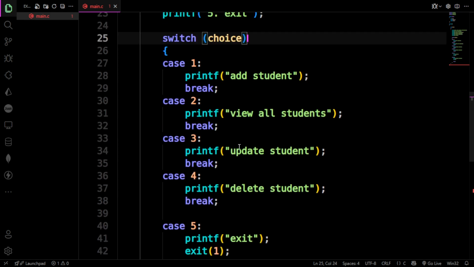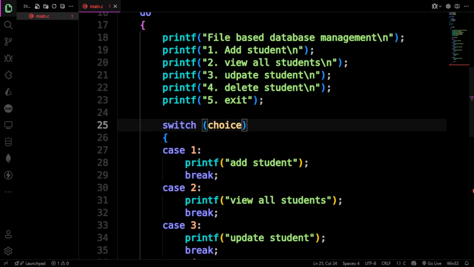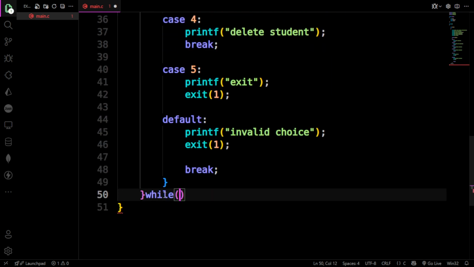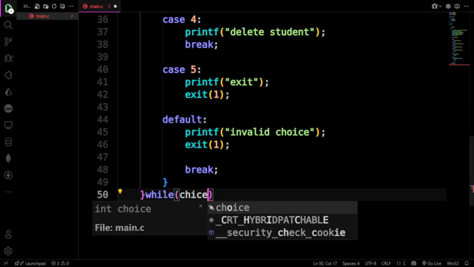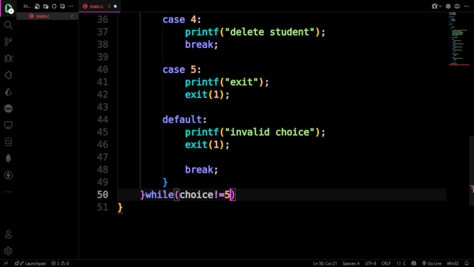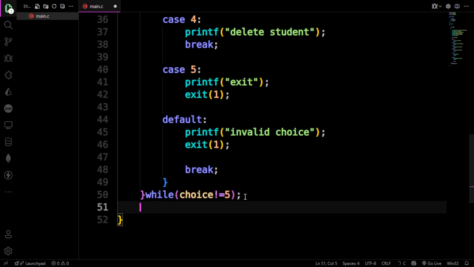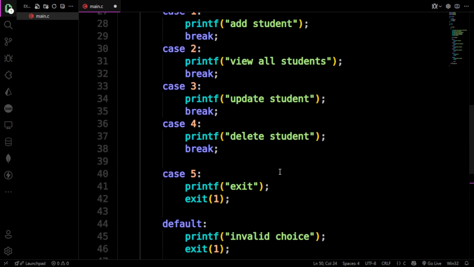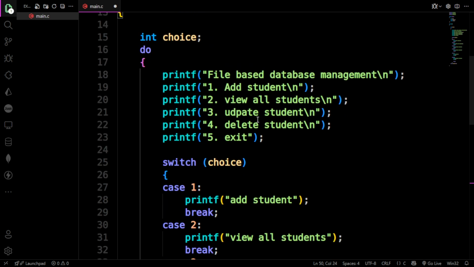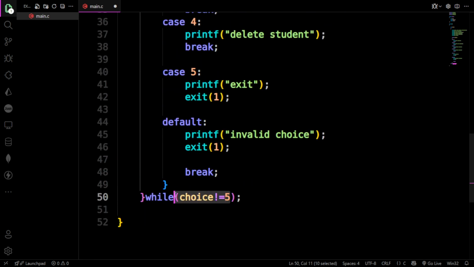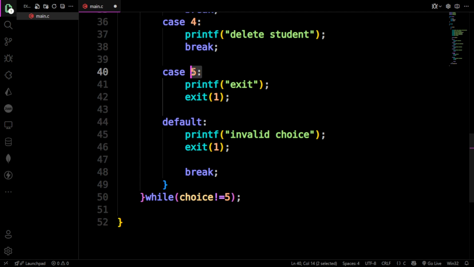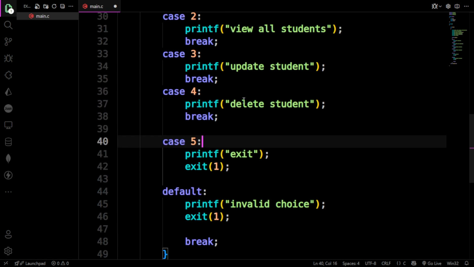So these are all the choices, and I will provide a condition like while choice is not equal to 5. This will be true when choice is not equal to 5. If choice 5 is provided, then we will exit from the application. So you can give while true also, because we are exiting when we provide 5. Also we are exiting when